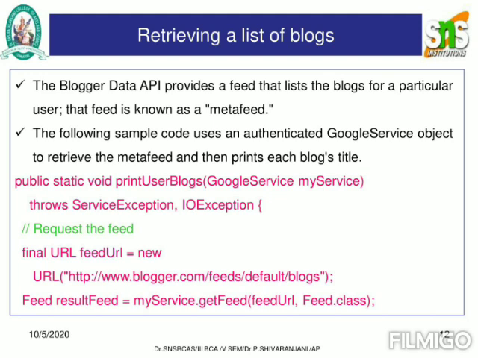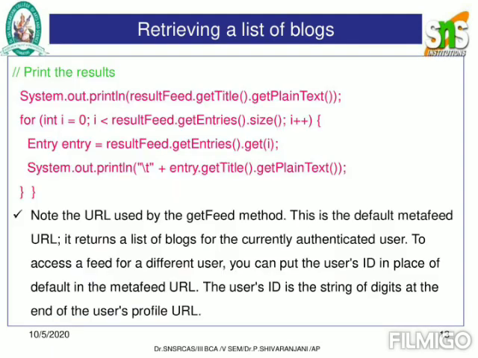as an argument, and if any error occurs in requesting the feed, then it has to throw out the particular URL request. So here I have defined the URL http://blogger.com feed default blog, and then the result will be displayed with the help of this object called result feed. The next step is I'm just printing the value of the particular results. So here I'm just displaying the particular content on the web pages.